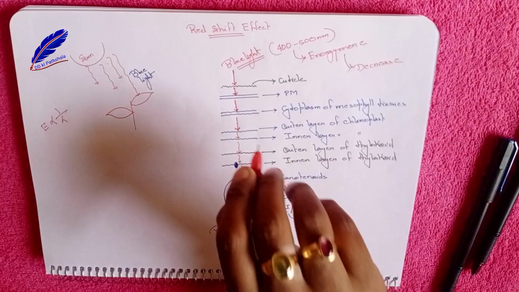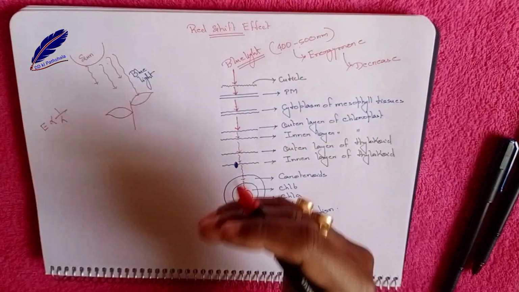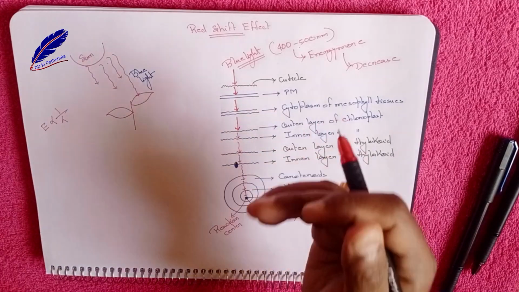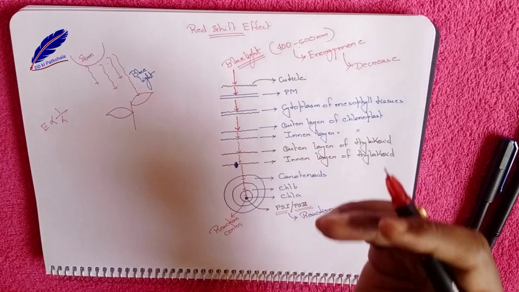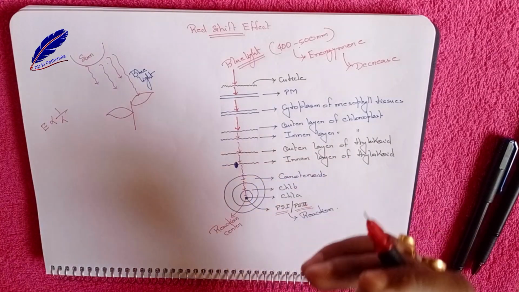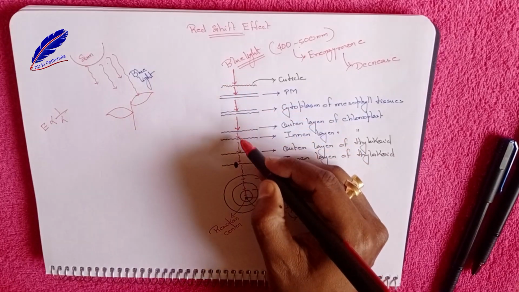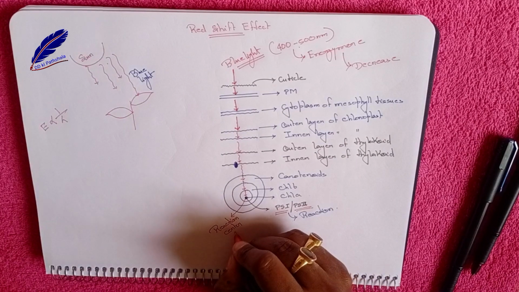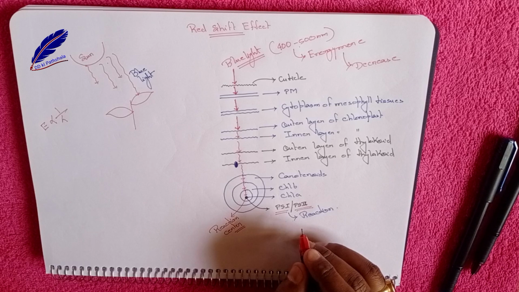After crossing a single layer, a certain amount of energy declines. Then one more layer is crossed, and again energy declines. One more layer is crossed, and again energy declines. In this way, when the light ultimately reaches the reaction center, the energy declines to such an extent that the